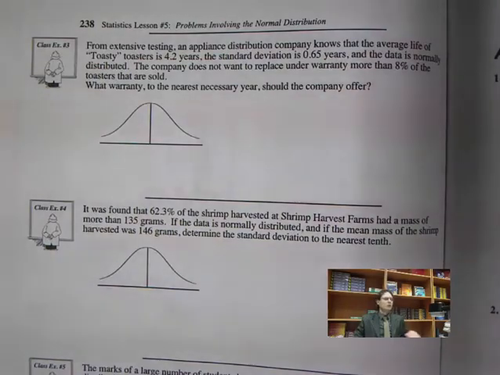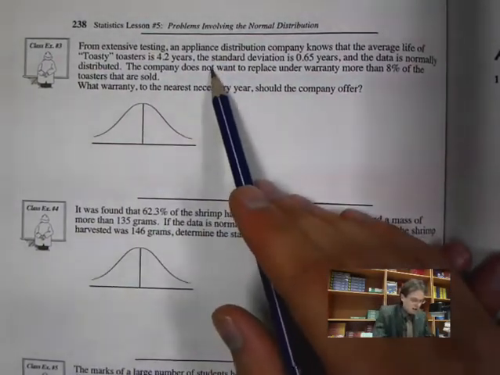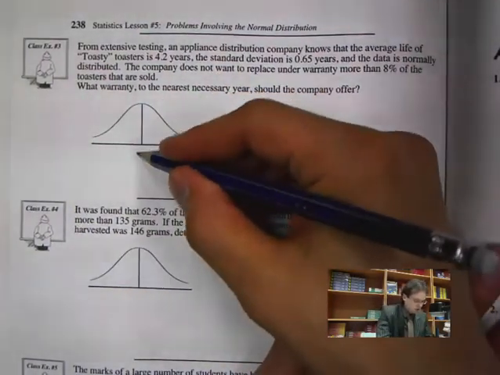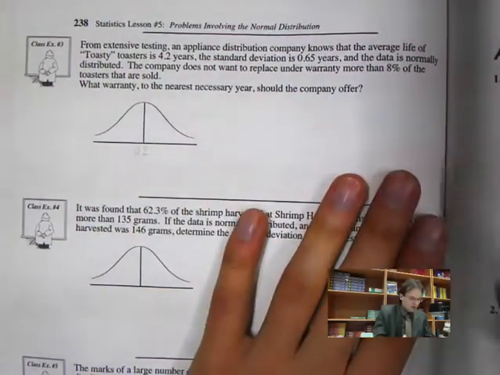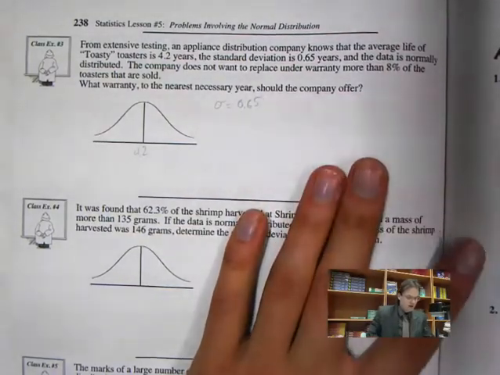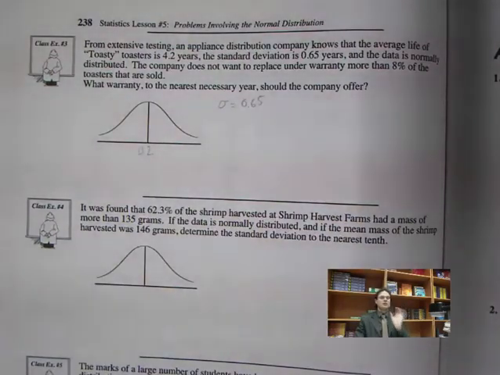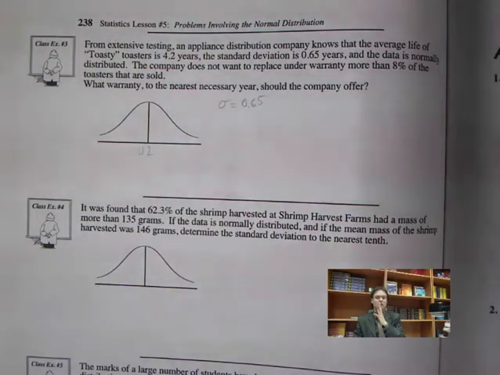Alright. So our next question here is a little bit different. We look at this as talking about some toasters, but they alter things a bit. It says, right here, we know the toasters' mean, the average life, is 4.2. The standard deviation, sigma, is equal to 0.65, so 0.65 of a year is the standard deviation from the mean. So they're fairly accurate. You're not very likely to have something last a year longer than 4 or a year less, right? So then it says,